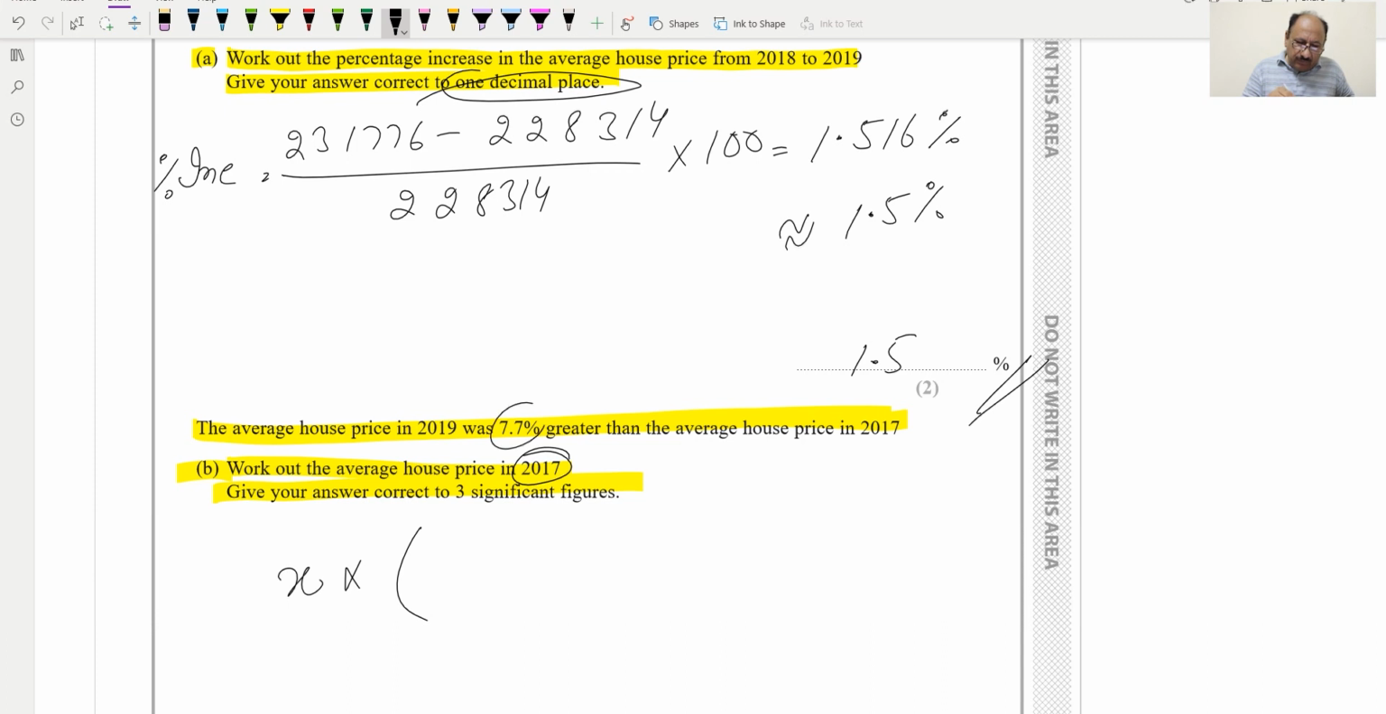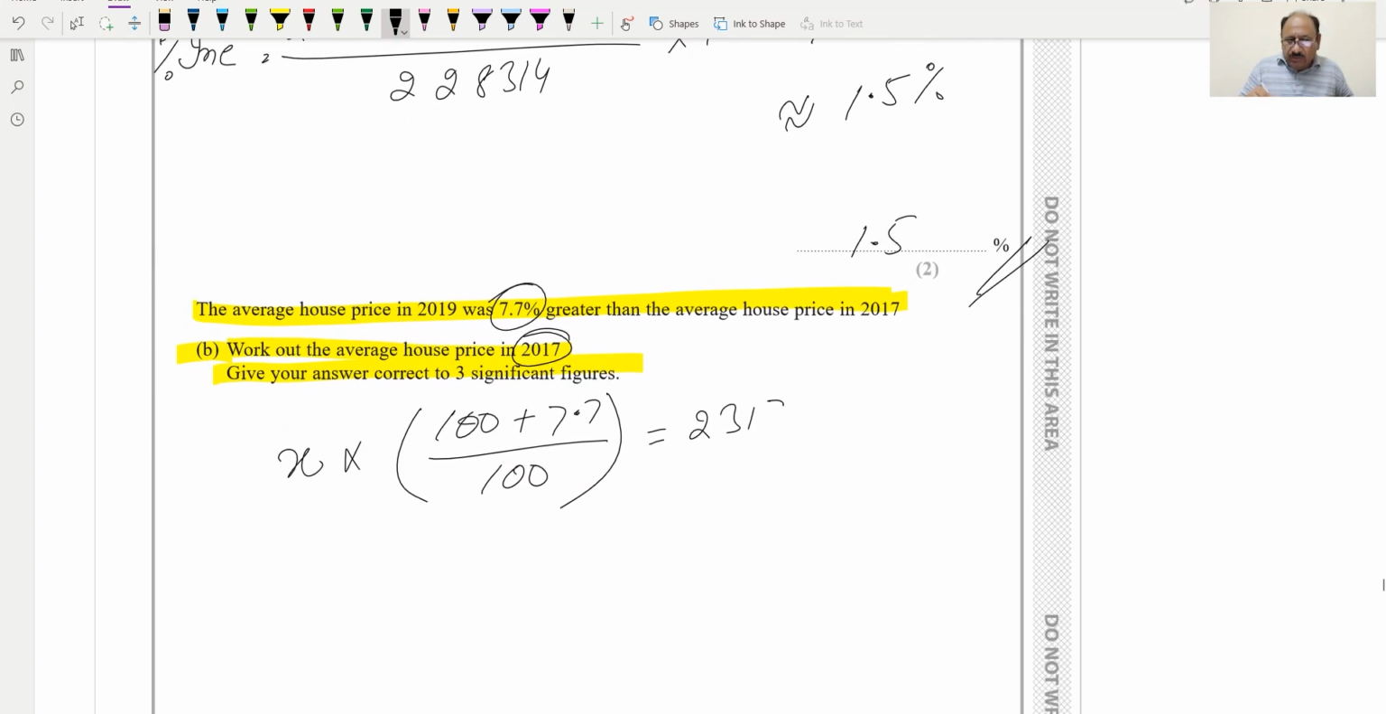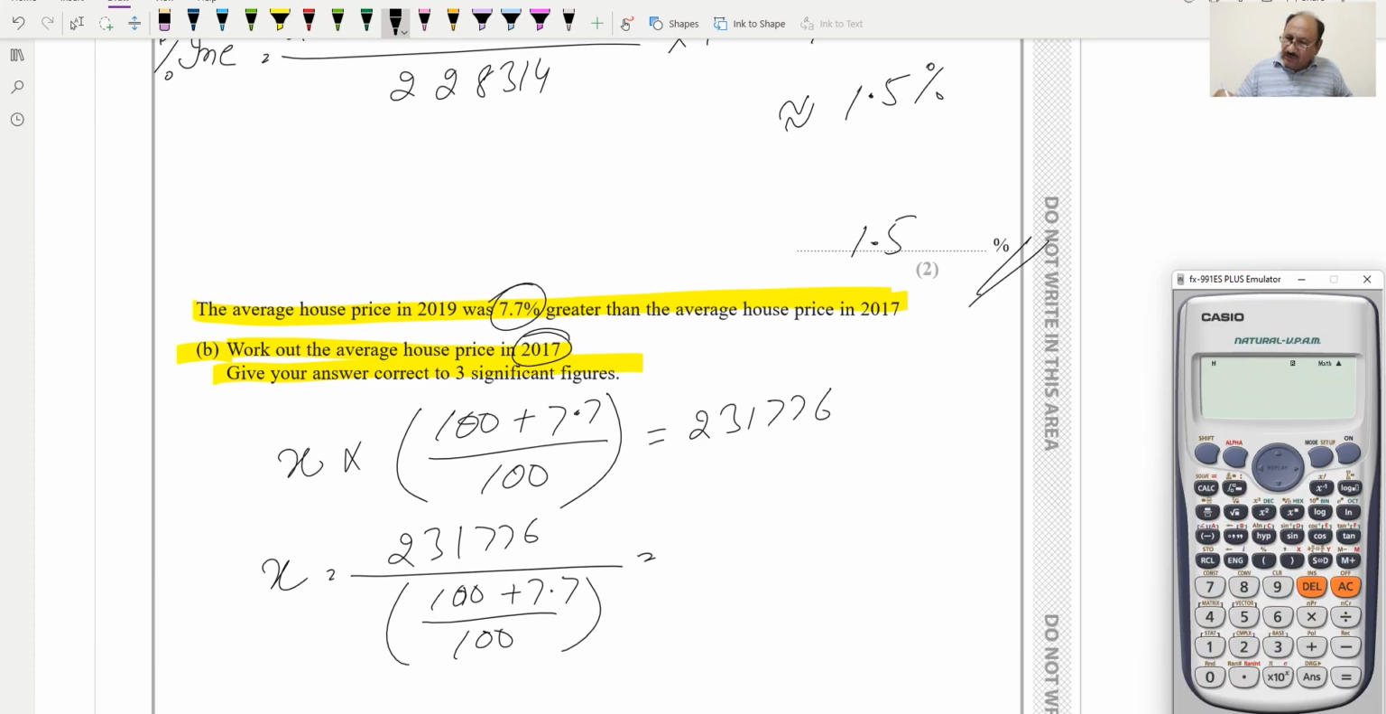Increment is 7.7%. So for this one we are writing X times (100 plus 7.7) divided by 100. This is for percentage increase, basically increment. So this is equal to the amount which we know, the new amount, which is 231,776. So X will be equal to 231,776 divided by this whole fraction, which we can take to the other side. So 231,776 over (100 plus 7.7) over 100, and this one will be